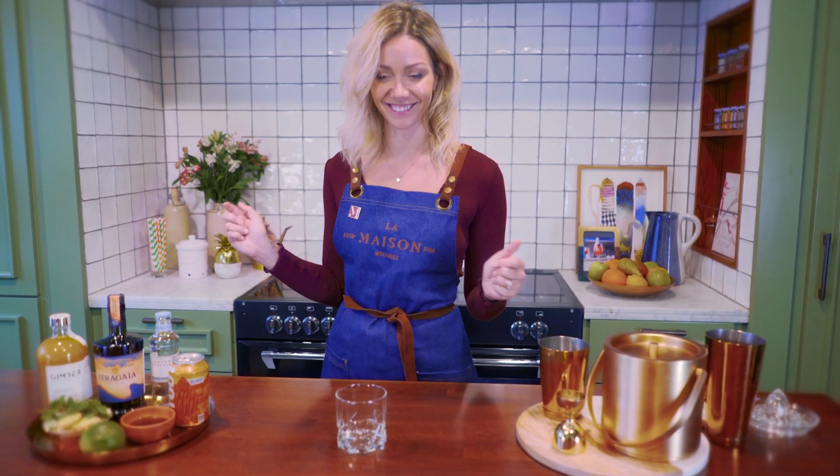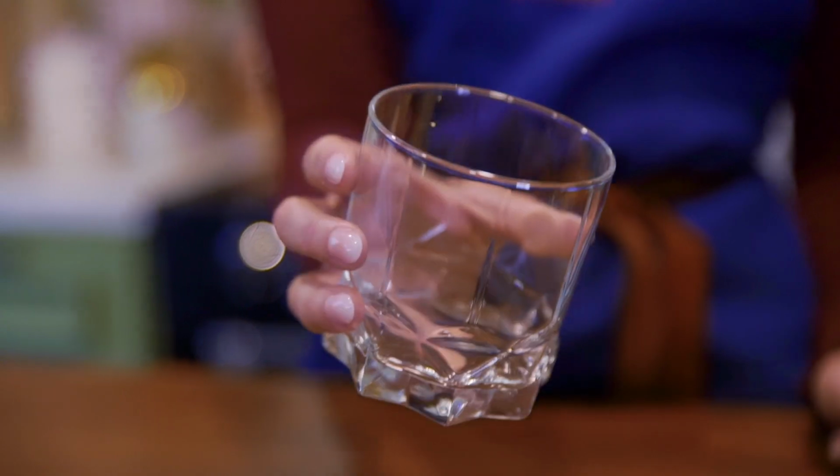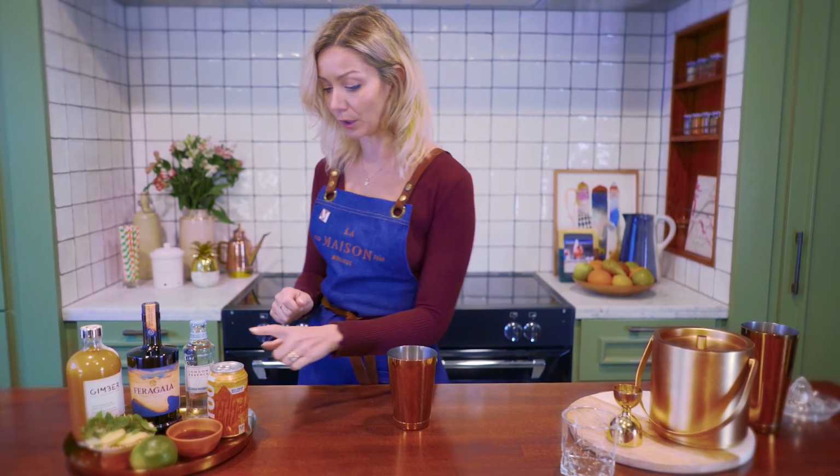So let's make the drink. For this cocktail, I'm actually gonna shake it, and I'm using a rock glass. So I'm gonna put all the ingredients except the soda water. Again, if you shake anything carbonated, it will explode. The beer is actually fine because we're using a small amount of it, but for the soda, we just top